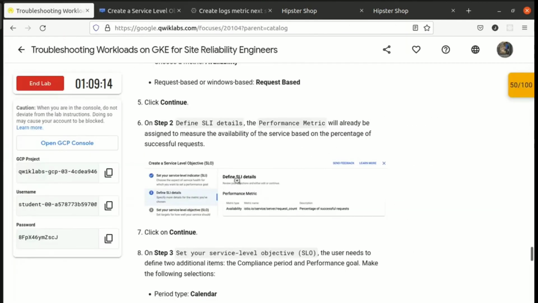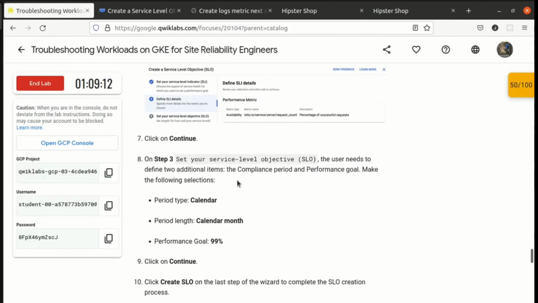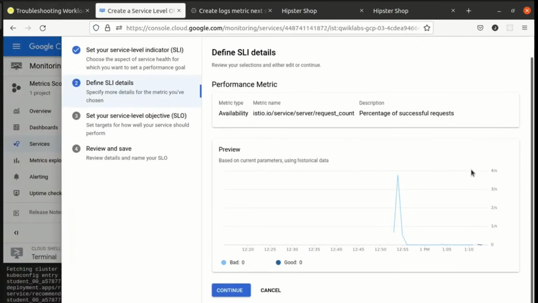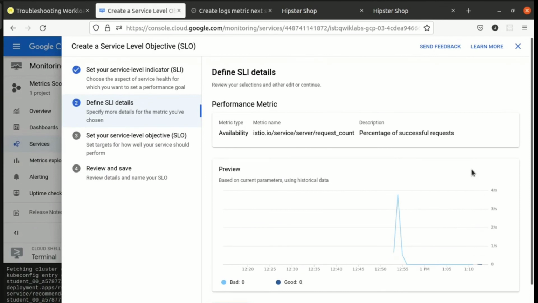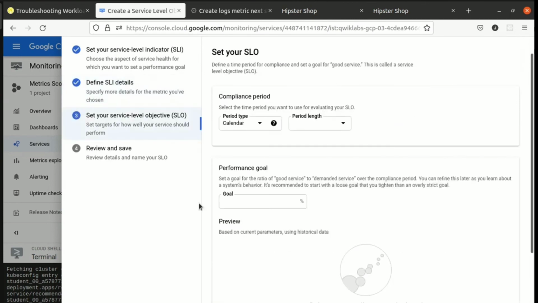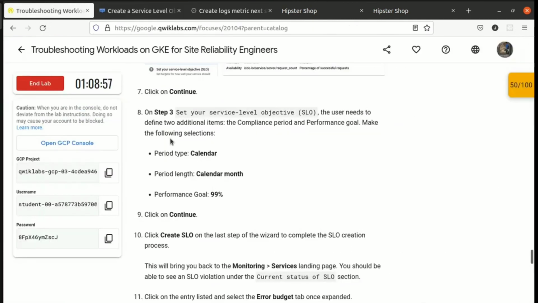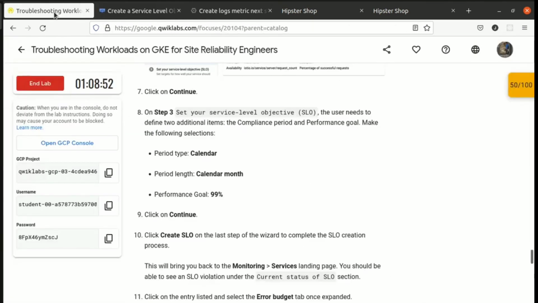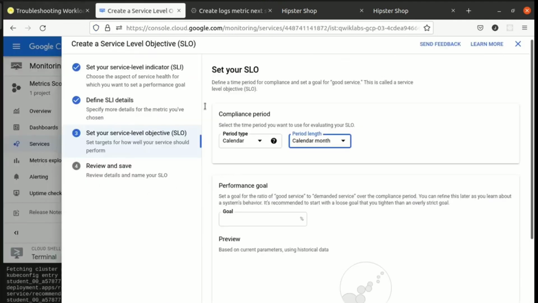And after that, on step 3, set your service level. Period type: calendar. It's already selected, period type calendar, and period length is calendar month, and performance goal is 99%.